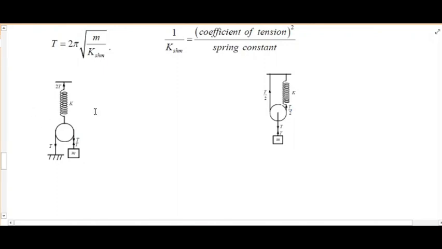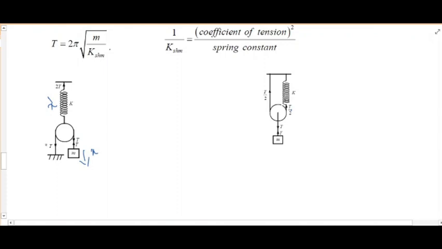So here for the general procedure, this is the spring and this is one pulley connected like this. Here is a mass M. When this mass is pulled downwards and released, it is oscillating. What is its time period? See here, if this mass is pulled down by X, in this spring I am taking elongation X dash.